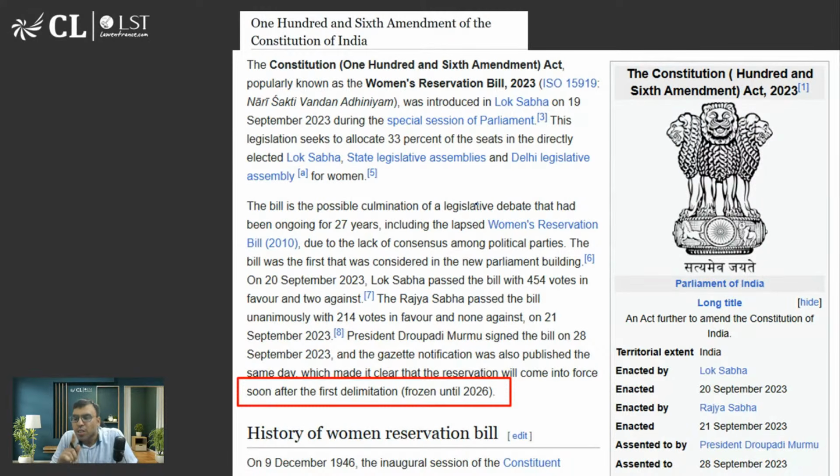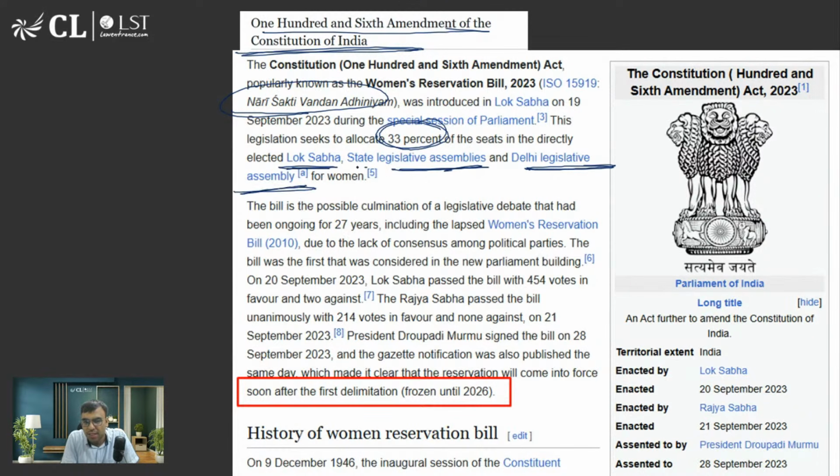Now there is one more thing I want to highlight. जब ये आया था 106th amendment, you remember that? नारी शक्ति वंदना अधिनियम. It talked about giving 33% seats to women in Lok Sabha, State Legislative Assembly and Delhi Legislative Assembly. But still they have said we are not going to implement right now, we will implement after this. Again वही पुरानी वाली बात कि after 2026 the census will be done and after that the delimitation will be done and after that this will be implemented. यही वाली बात.